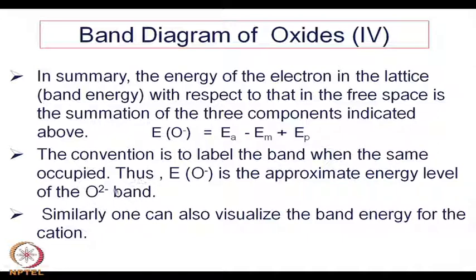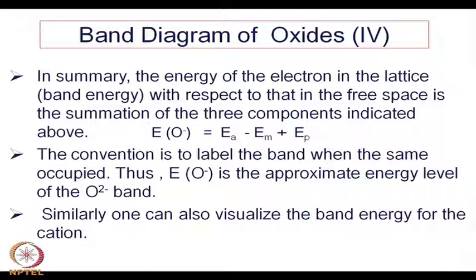The convention is, we do not designate this as O minus, although we are talking about what happens to O minus when we add an electron. That means, an O minus ion is changing over to O2 minus by accepting one electron from the outside. Whatever energy change is there, that is the energy level of the